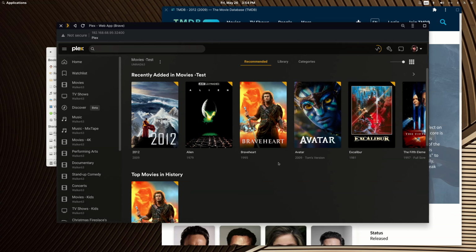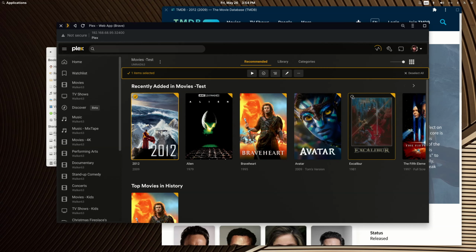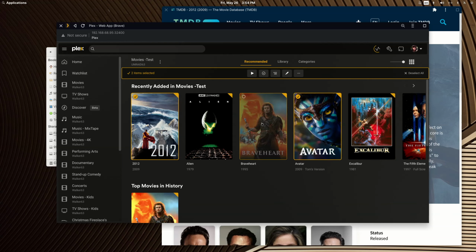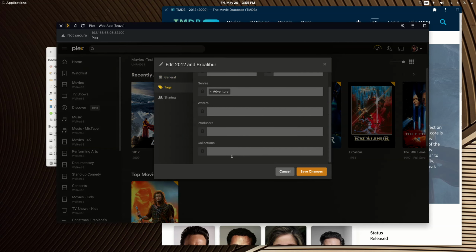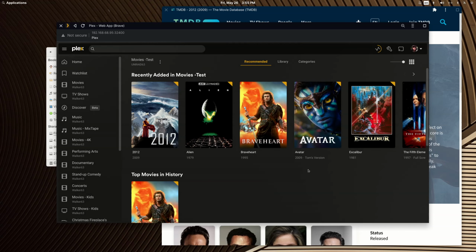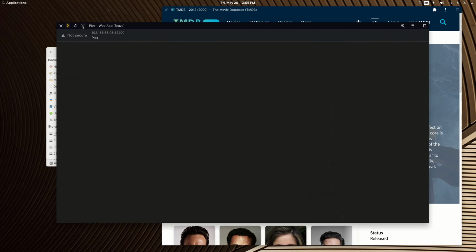Say you wanted your own favorite or your own custom collection of Tom's favorites. Say this movie's your favorite and that movie's your favorite. See how I can highlight them? And actually, after you highlight the first one, you can just touch anywhere on the poster to highlight the rest. Well, I've got these two highlighted. I can hit the pencil icon again and hit tags, drop down to collections, and type Tom's faves. Hit save changes, and if I refresh,